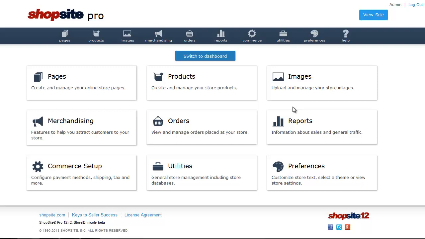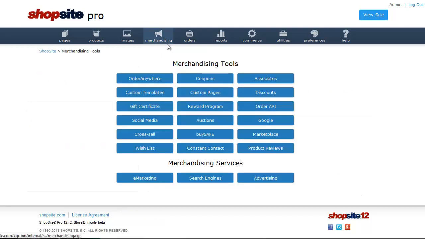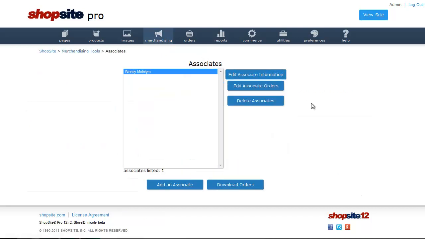For this tutorial, I wanted to go over the Associates feature of ShopSite. As a quick reminder, associates are people who advertise for your store on their site and receive a commission on the sales they generate. To get to the Associates page in the back office, click Merchandising from the menu bar, then click Associates. The Associates page has a number of features related to creating and maintaining those who help increase